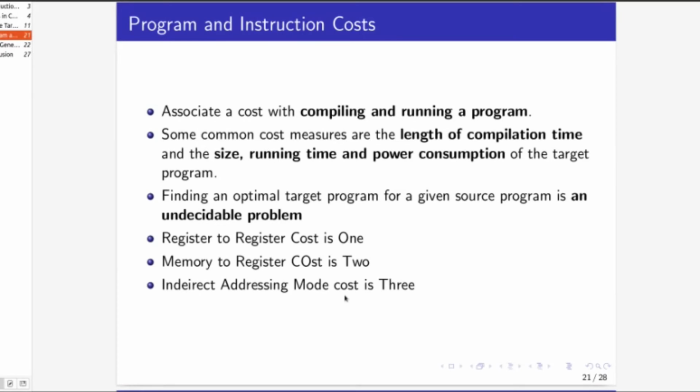That is the cost. So here I am concluding code generation. So far we have discussed the issues in code generation, a simple target program, and how to generate assembly code from a 3-address code, with a few examples also discussed. And finally, what is the cost associated with the target program.